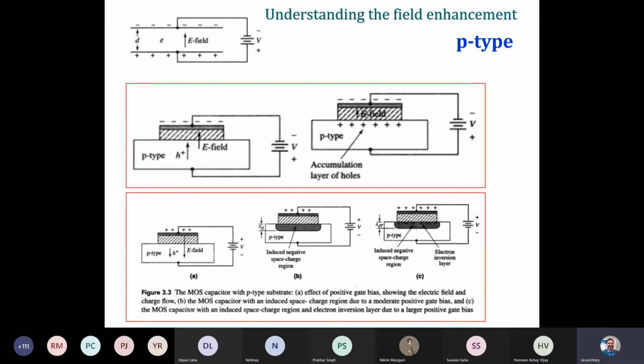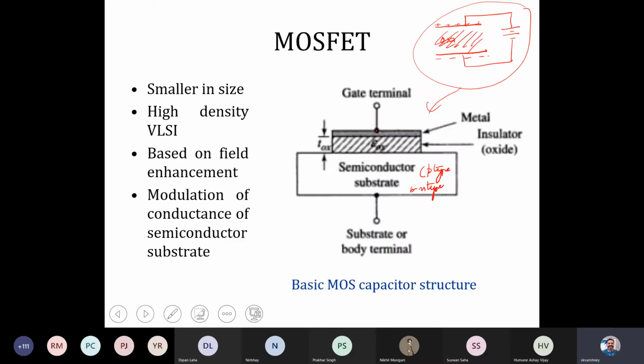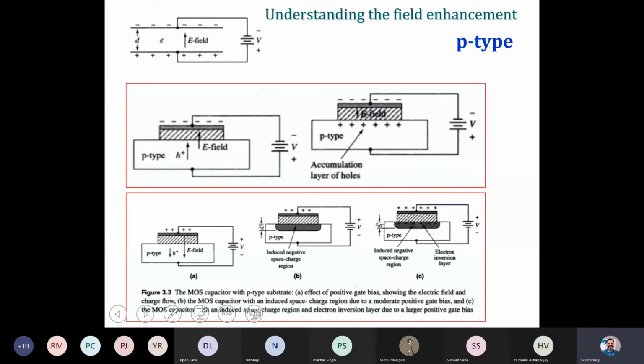So let's look into this figure. This is basically denoting a capacitor. Let's say this terminal is connected to the negative polarity of a battery, and this one is connected to the positive terminal of the battery. And let's consider the semiconductor substrate to be p type, which means the majority charge carriers are holes, and you have the acceptor atoms, which are negatively charged ions, so that electron neutrality is maintained, right?